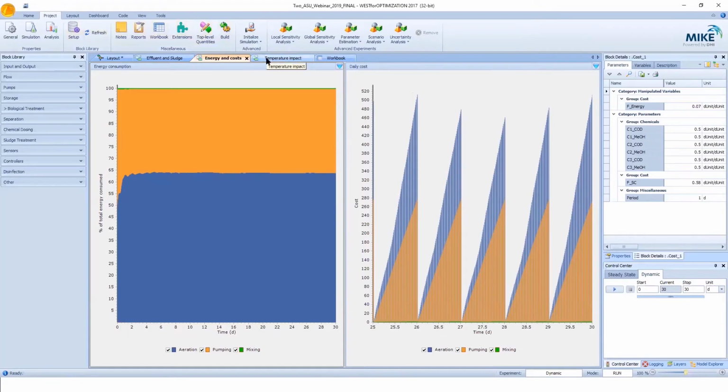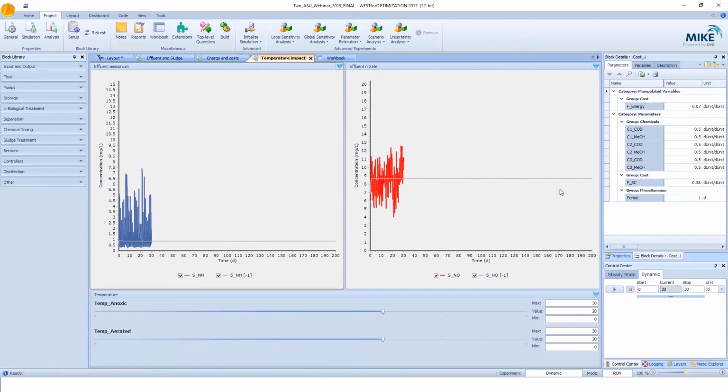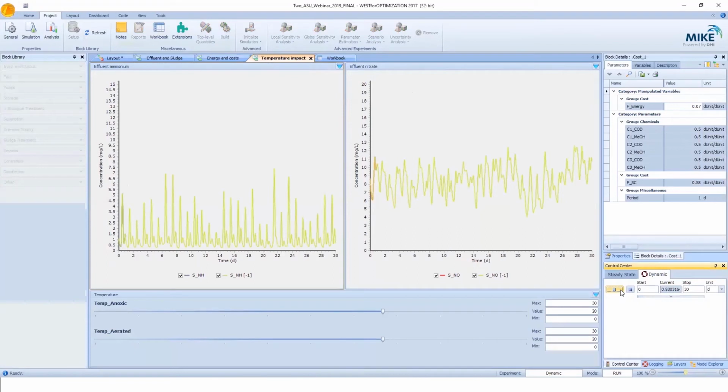Okay, so this is about energy and cost estimation. So some more insights on the operational performance and efficiency of operation of the treatment plant. Let's run another simulation here. So these graphs that you see here denote the ammonium on the left and the nitrate on the right,